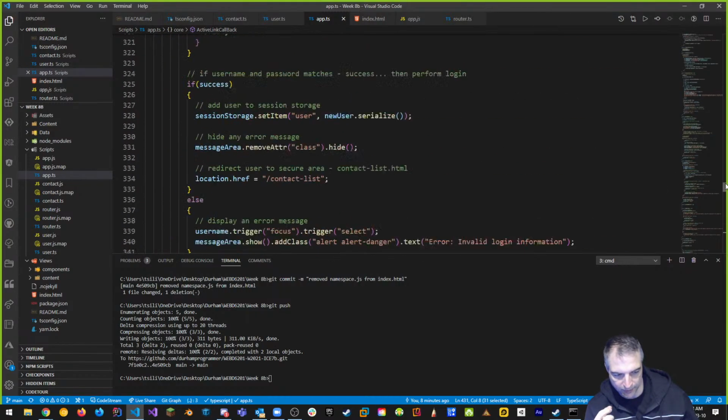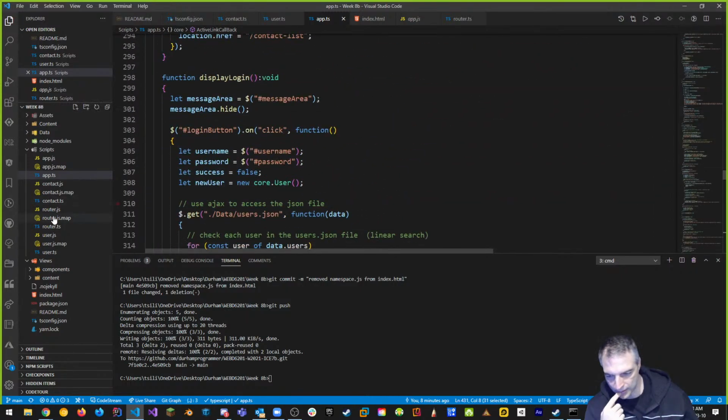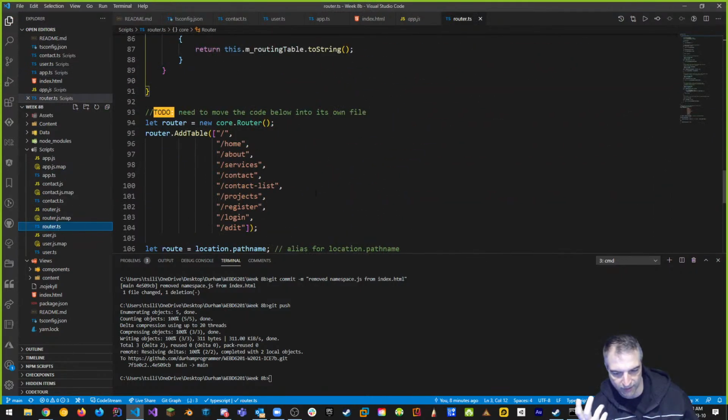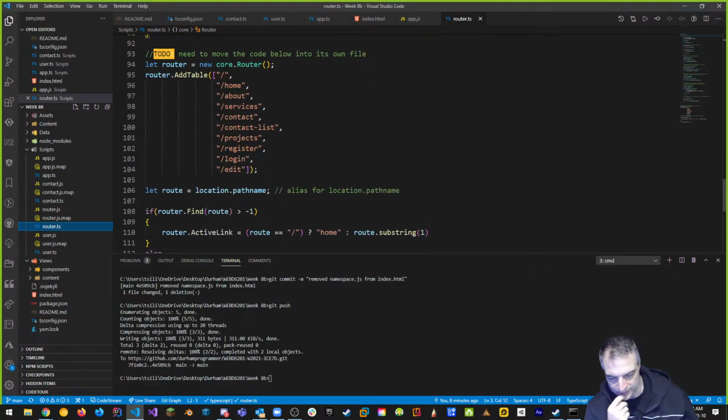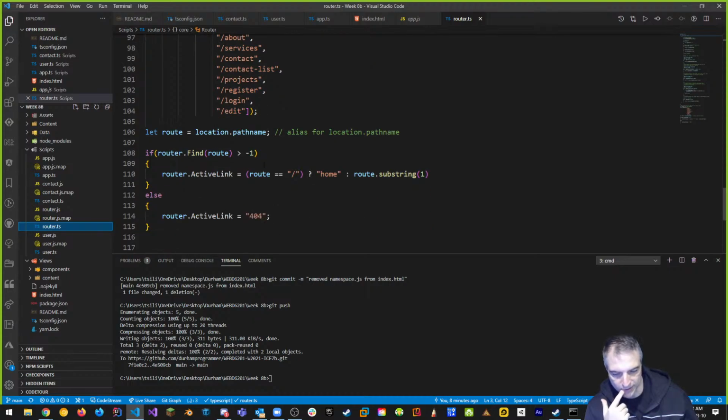And up at the top here, when we look at our router.ts, this is live now, right? And we have a slash home, services, about, all these things in the router. What it does is use location.pathname.